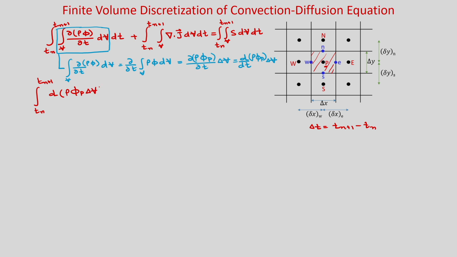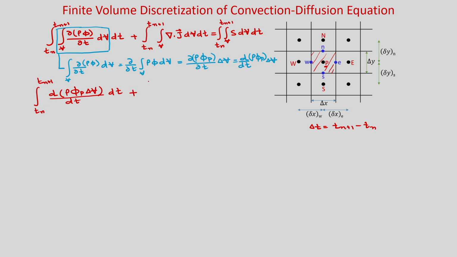So you can write delta V. This is your first integral, with dt. Obviously, the integral will give just rho phi p delta V from T n to T n plus 1,